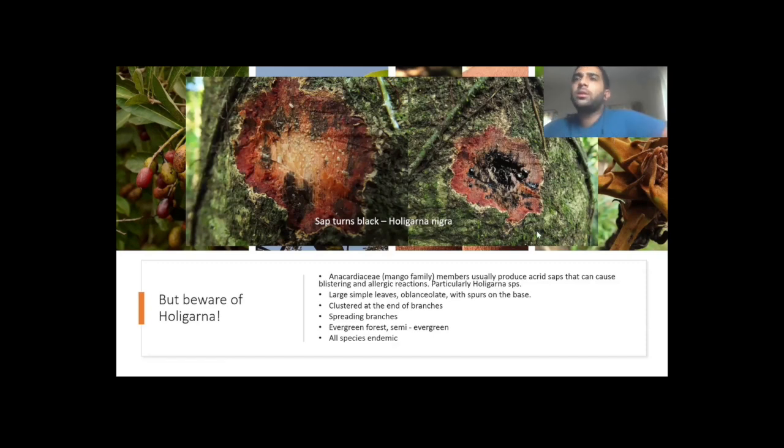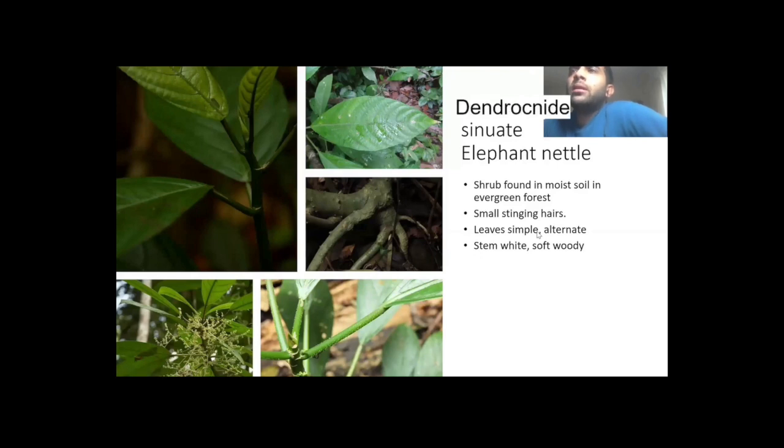So look out for these trees and be careful of their sap. Another tree to look out for is this one. Don't worry, it's got a long name: Dendrocnide sinuata, but you can just call it elephant nettle. You usually find these in wet forests, in moist parts, sometimes near streams, where the